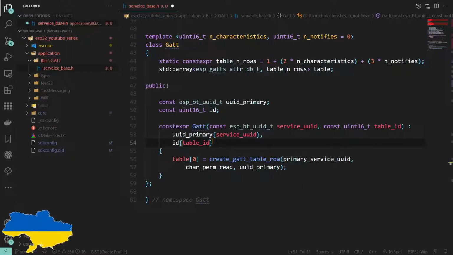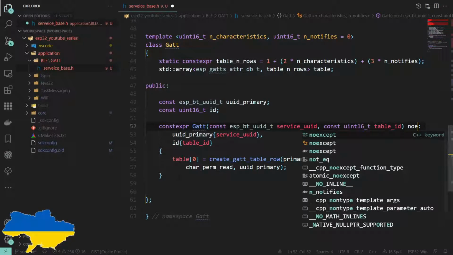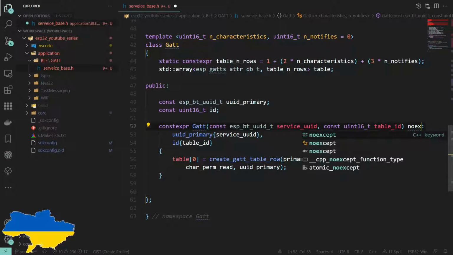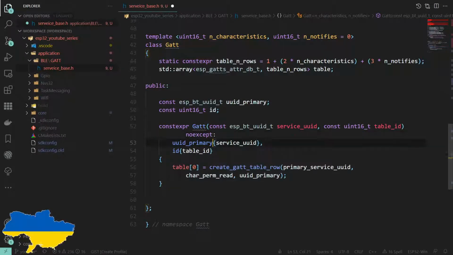Now, the last thing we actually need to do is send this table to the API. This also doesn't allocate memory, sorry, so that can be noexcept. That's not the only rule for making something noexcept, by the way, but in this case that is valid.